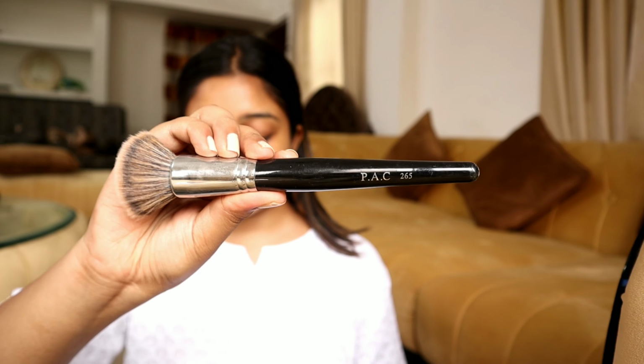This blending brush by PAC gives such a nice texture on the face because it has dual fibers, and because of those fibers the density of this brush is really good and it gives a very nice and even texture. So now you can instantly see how nice and natural my face is looking even after applying the